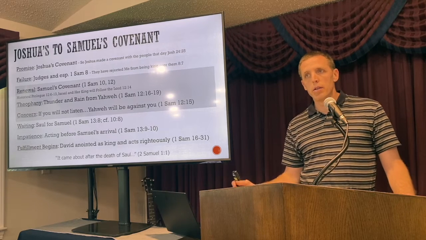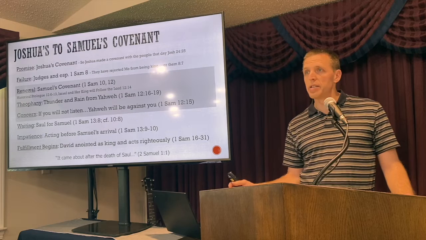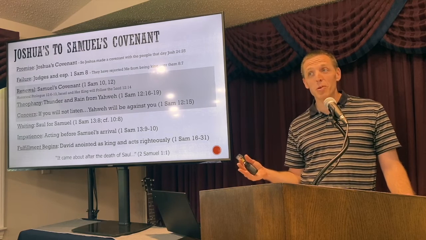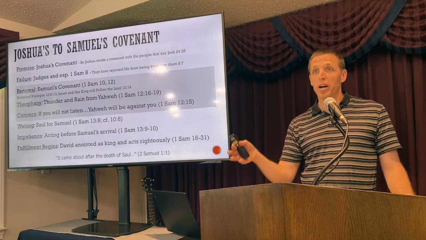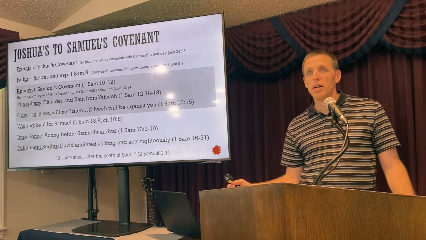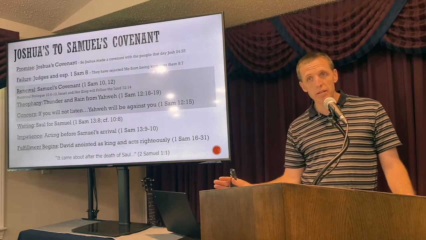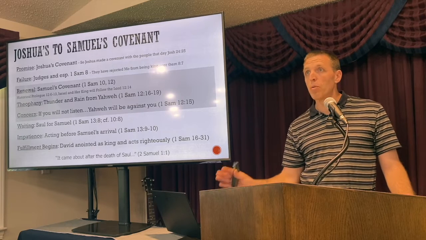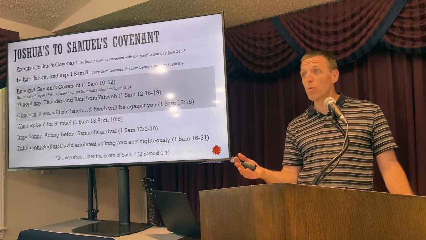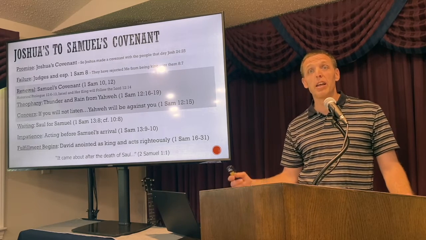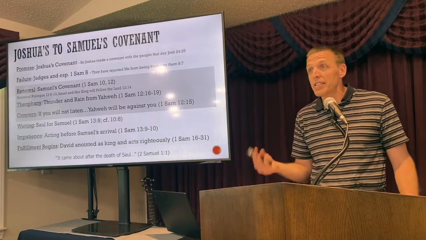So, as you know, Saul is selected as king, and he's asked by Samuel to do what? He says, I'm going to anoint you king, and I want you to do what? Do you remember? I want you to wait 7 days. I know the Philistines are gathering. Wait, I'll come to you. Right? And what does Saul do? He waits. Good for him. He waits, but he doesn't wait long enough. He says, I've got to do something. I've got to sacrifice to the Lord.